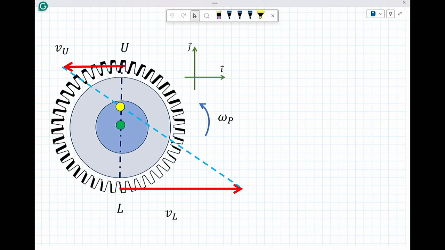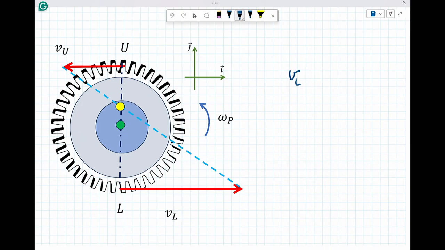And the center of geometry here, and it's really important to remember that, has nothing to do with the center of rotation. The green point is the center of rotation. The yellow point is the instantaneous center. I know that's going to be where it is, and I could calculate it based on what I have there. So velocity up, velocity lower,